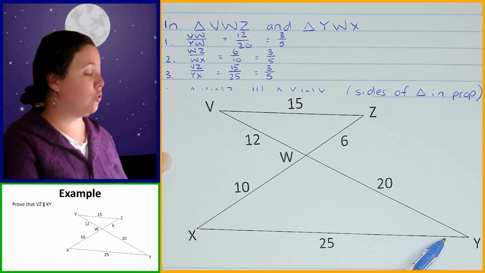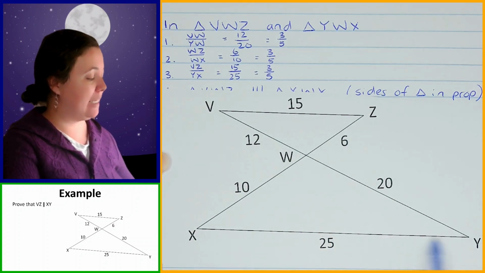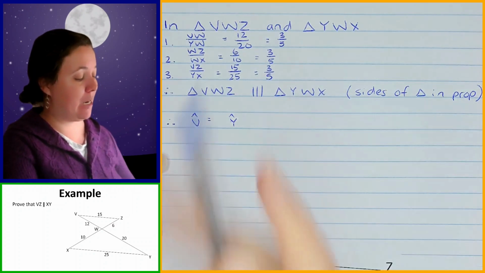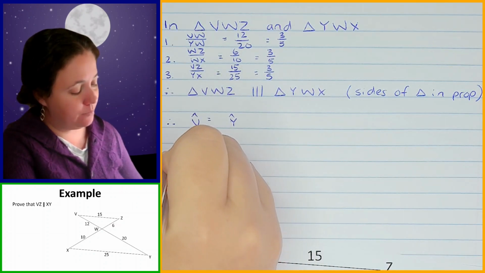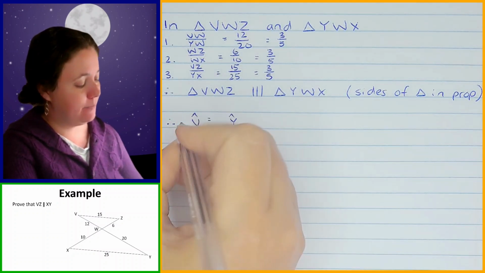And the fact that those two angles are equal means that these two lines over here must be parallel. So now I can say, therefore, VZ is parallel to XY,